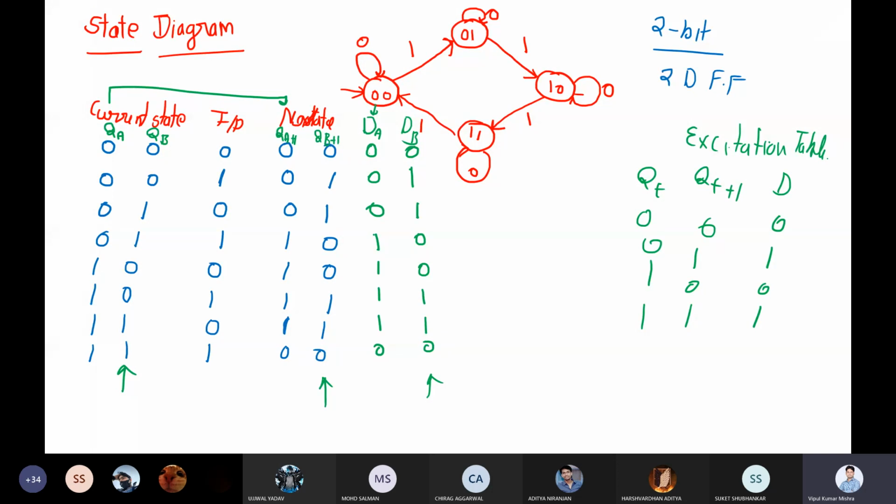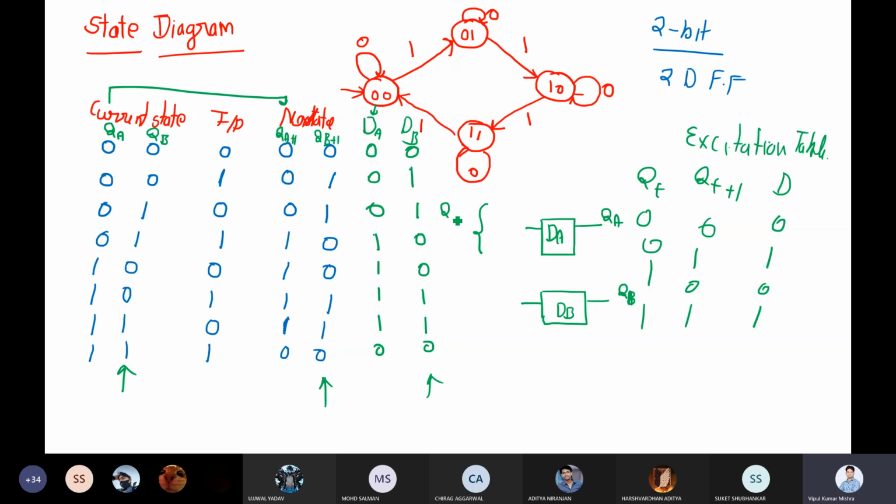In that case, let me summarize the circuit here. We have a flip-flop A, you can say a D flip-flop, that is DA. We have another flip-flop, that is DB. Here you have QA as an output. Here you have QB as an output. Now, what will be the input combination here?